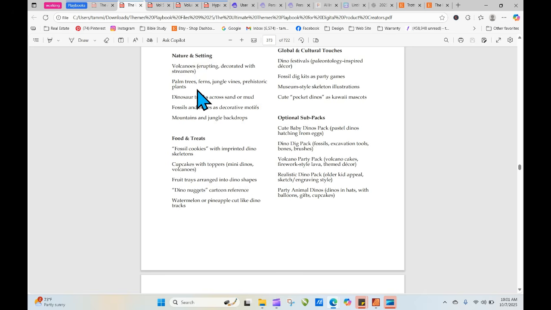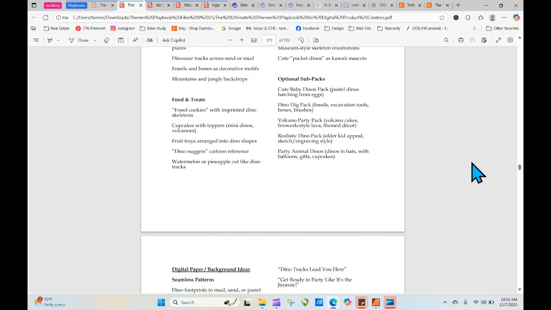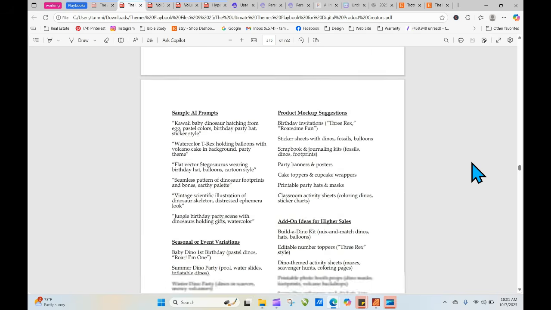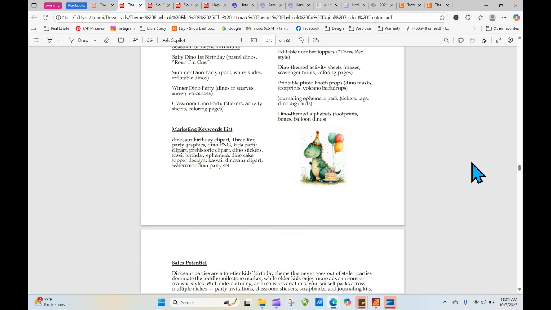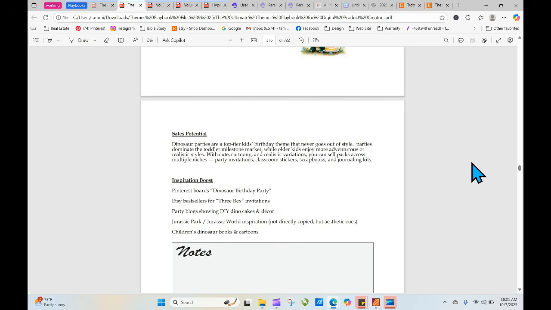So you could do palm trees with snow on them. You could mix it up. Be creative, because those items are typically the ones that will stand out among all of the normal teddy bears that are done for baby's first Christmas. So take a little walk on the wild side. You don't have to put all your eggs in the same basket, but the themes playbook will give you lots of optional ideas. It is meant to help you identify different things you can put together, to jumpstart your creativity